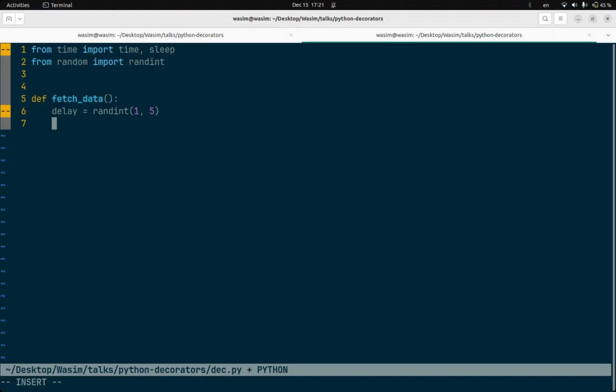And so it'll select some random time between 1 and 5, and we'll sleep for that many seconds here. So we'll say sleep of delay, and that's all a function does. Now, if I want to time this function, just like we showed in the presentation, we can do before equals time, and call our function here,